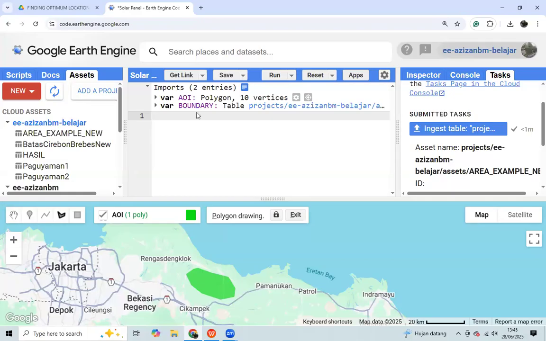How to visualize the boundary data? We can use the code map at layer. And then we click run.